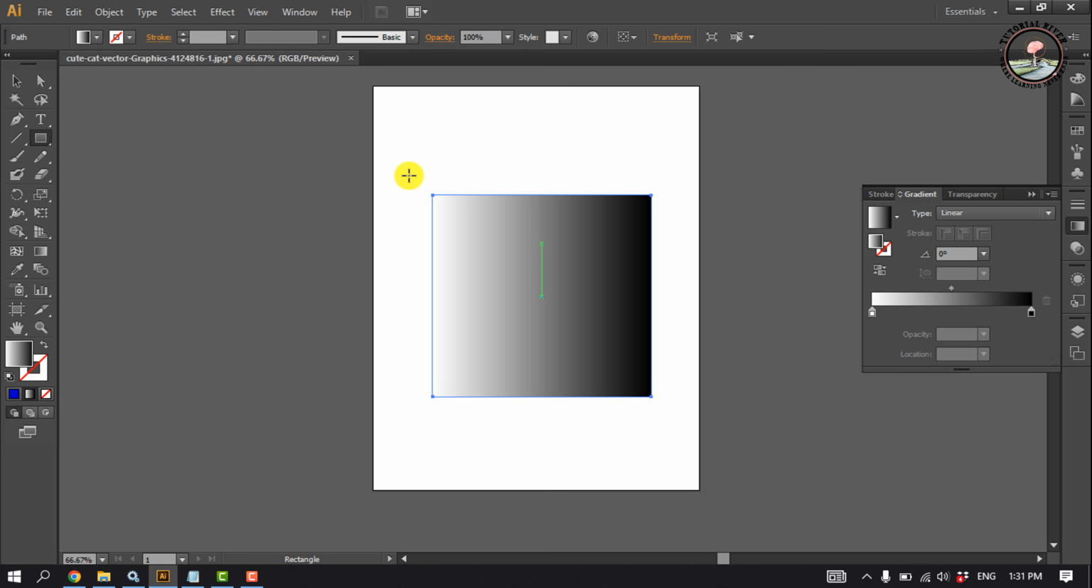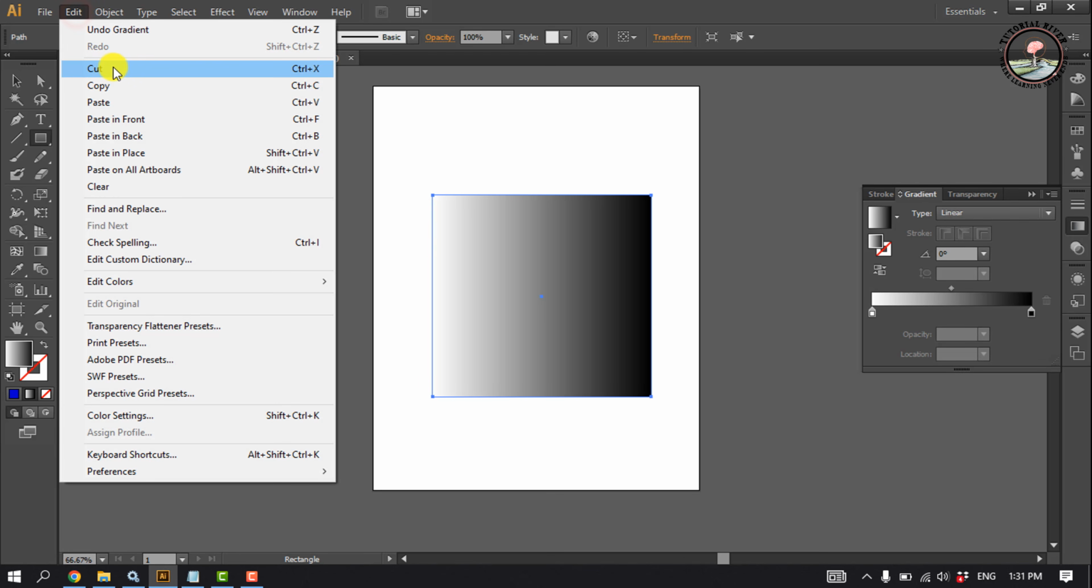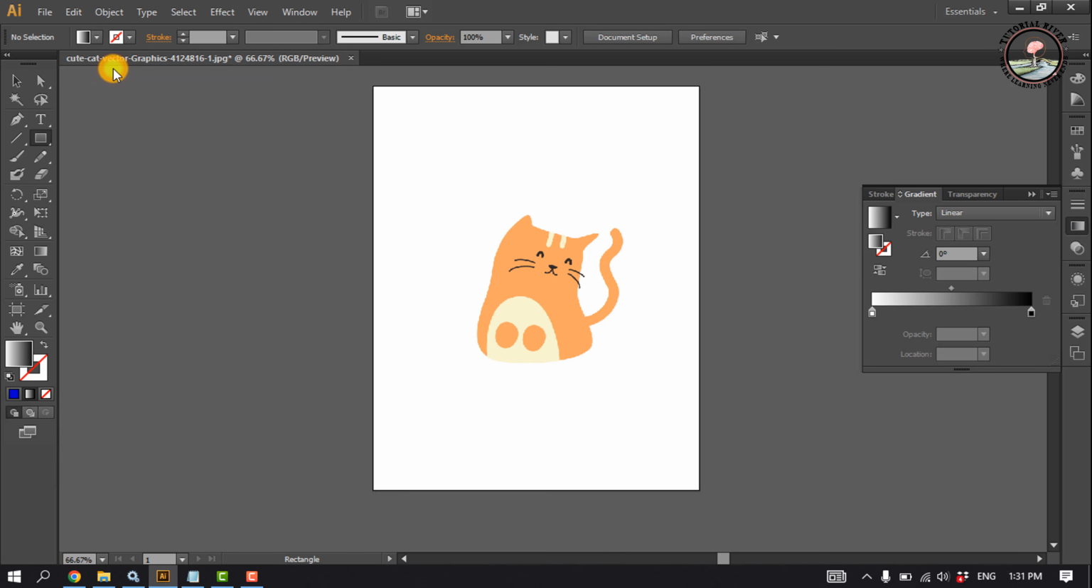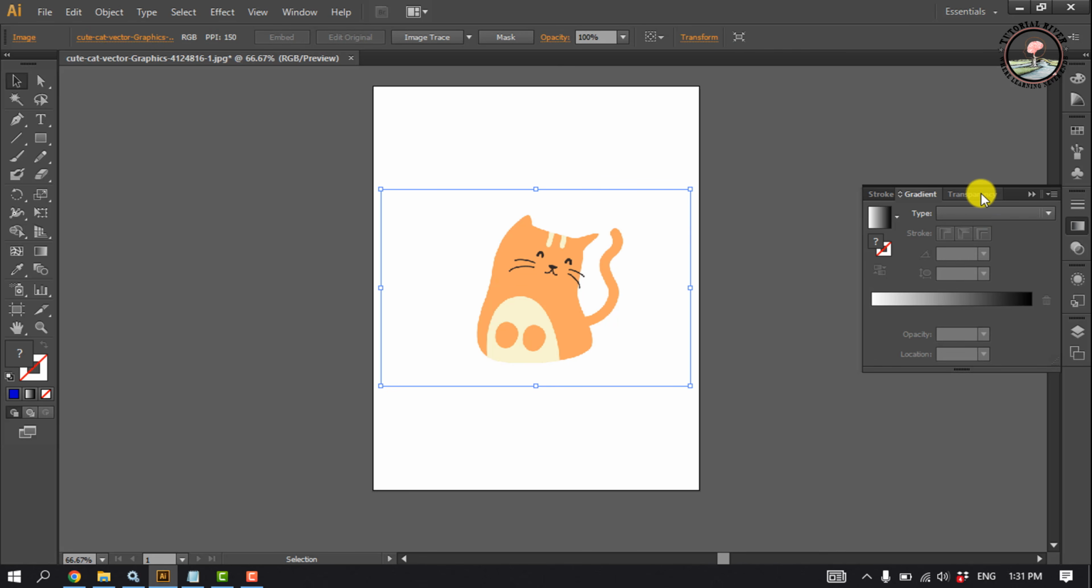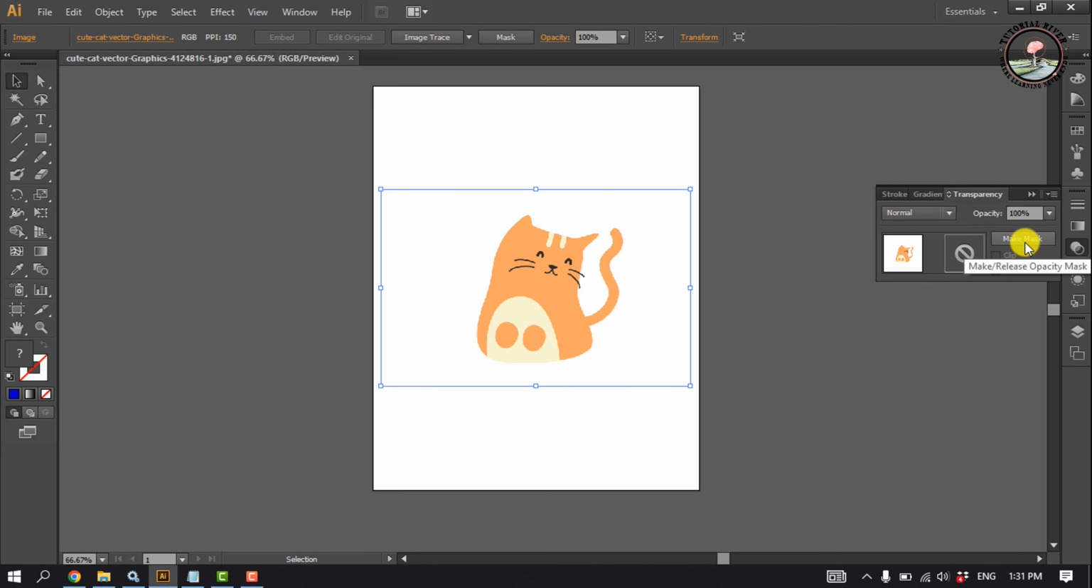Now click on Edit, Cut, select the selection tool, select your object, open Transparency menu, click on Make Mask,